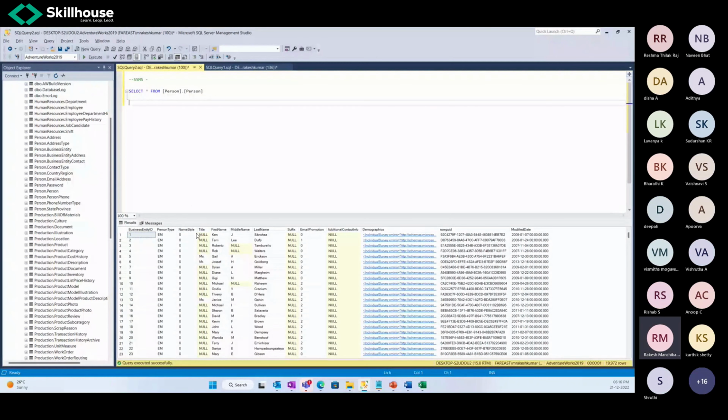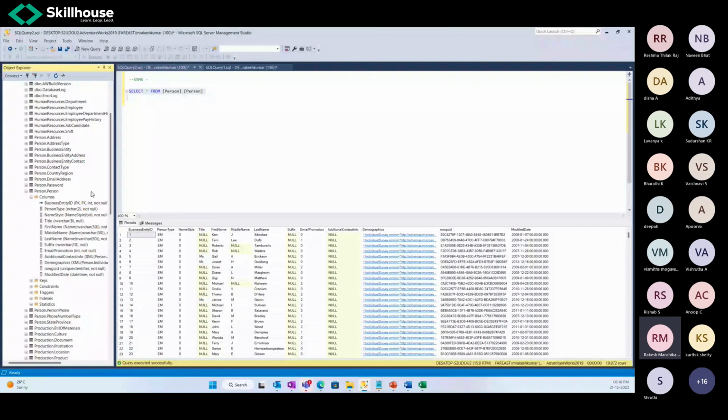So here what I'm going to do is I just fired this query, select star from the person table, and I try to execute it. Now I got all columns with all the data loaded. So I have different persons available in this particular table, with first name and last name, with different suffix. And if you take a look at the address, business entity, there are different tables available here